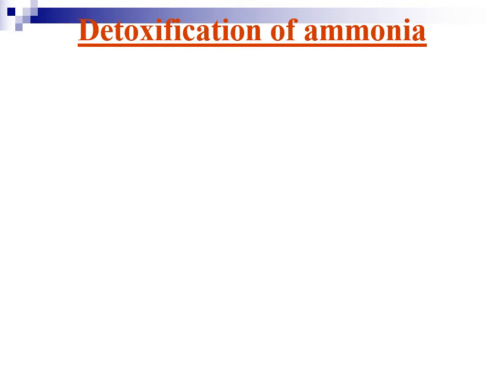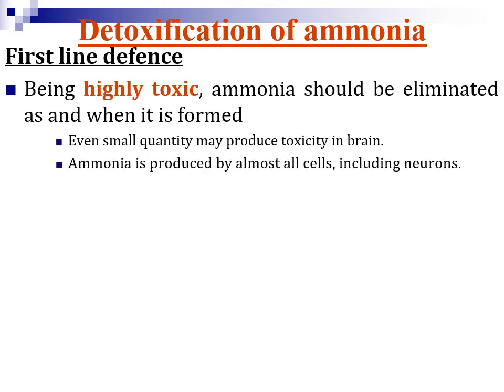Now, whatever ammonia is produced by the major pathway or by oxidative deamination is toxic, and an excess quantity of this ammonia causes toxicity in the brain. Being highly toxic, this ammonia should be eliminated as and when it is formed. Even a small quantity produces brain toxicity. So ammonia is produced by almost all the cells, including neurons, and we have to take care to remove this